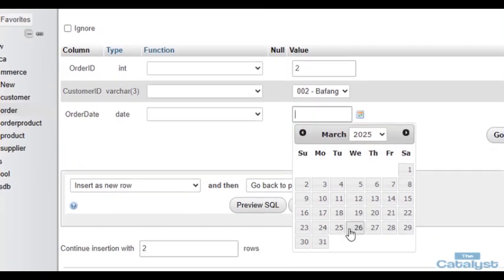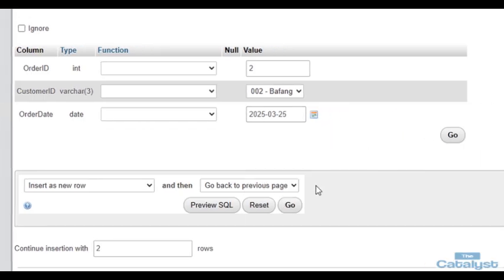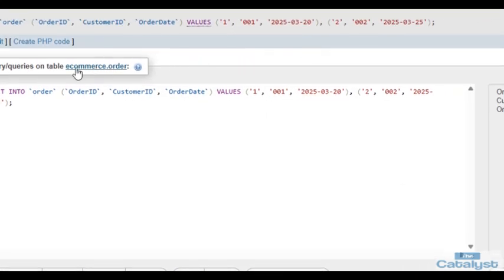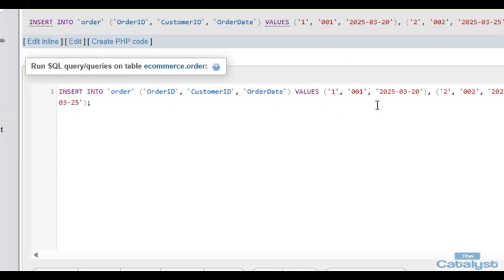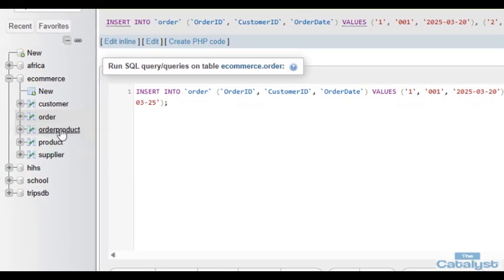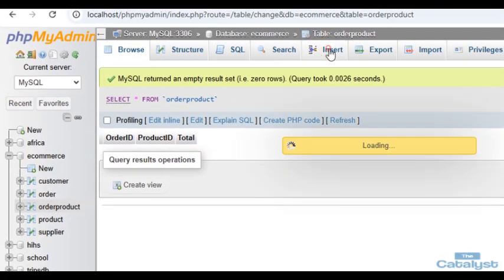So 25th of March, that's it. We have just 2 records, so click on go. Okay, voila. C'est bon. That is it. So we'll move to the last table, which I believe is the junction table,